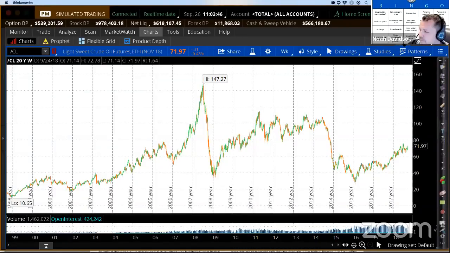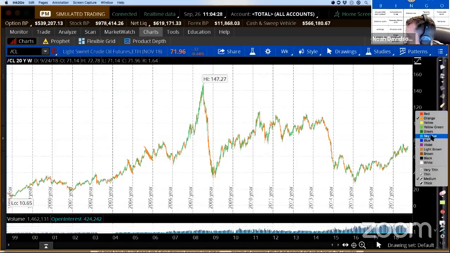Let's break this down. So I backed out to a monthly or a weekly chart with a lot of data and history on it. And the one thing you have to understand about oil seasonality is the data is extremely skewed from what happened in the second half of 2008 and what happened in the second half of 2013. You had these tremendous bear markets in oil that weight the seasonal data to show bearishness this time of year. But if you go back and study the data, just look at it from fourth quarter on, some years you have down, some years you have up. It's a kind of mixed bag. You go back to '04, '05, you see little downward moves in the market towards the end of the year, like you see in there.